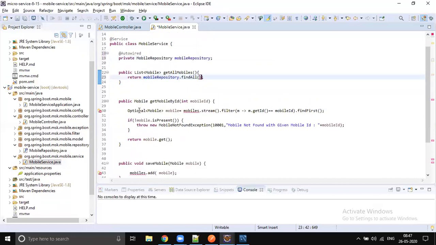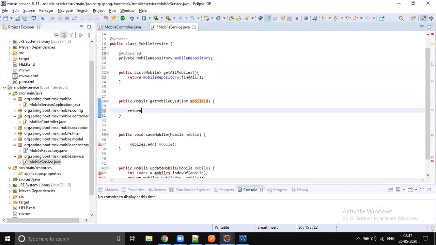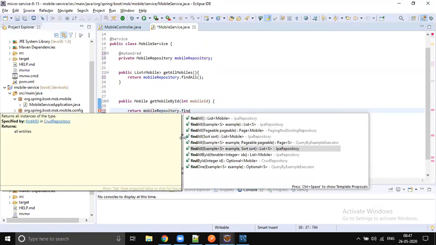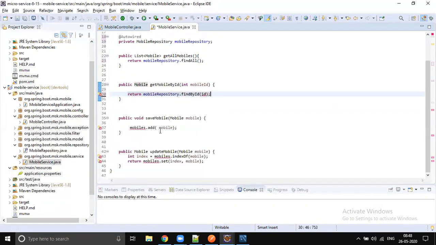Yes. When you would like to get a particular mobile by ID, then we don't need to do all this blah blah blah code. Just simply return mobileRepository.findById and pass the ID. Done.